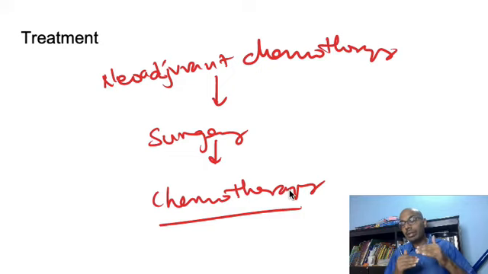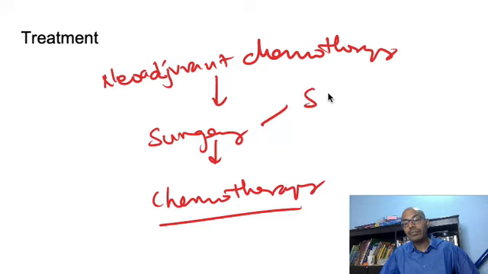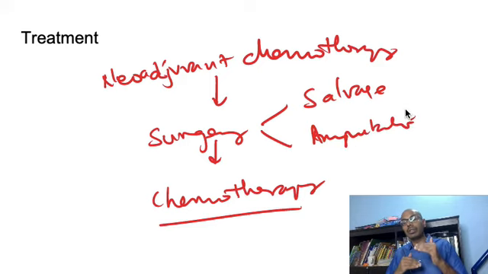So you don't have to remember, as far as I understand, in the NEET PG they don't ask for the exact drugs that are used in osteosarcoma. They ask what is the plan of treatment. Therefore you give neoadjuvant chemotherapy, debulk the tumor, then do some kind of surgery, salvage or amputation, and then you again give chemotherapy. This is the protocol that is followed. It is different in different centers. The drugs which are used are different. So that should not be your concern. What you should know is, first neoadjuvant chemotherapy, surgery, then followed by chemotherapy, right?